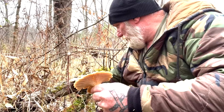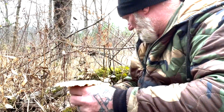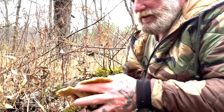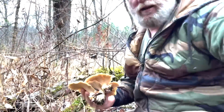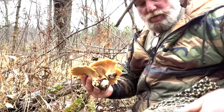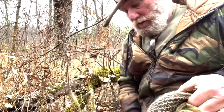We're just going to pull them right off the tree here, just like this. We're not going to over collect. We're going to leave some growing that are younger. We're going to take some of these larger ones. I've got my mini tripod mounted on my pack basket here, and I've got a shemagh in there. And we're going to put these oyster mushrooms in a shemagh and wrap them up to keep them moist,